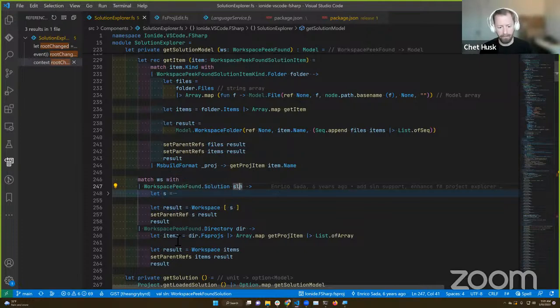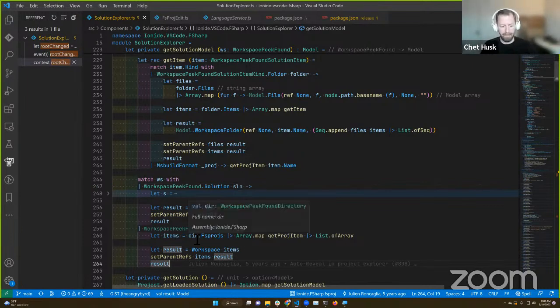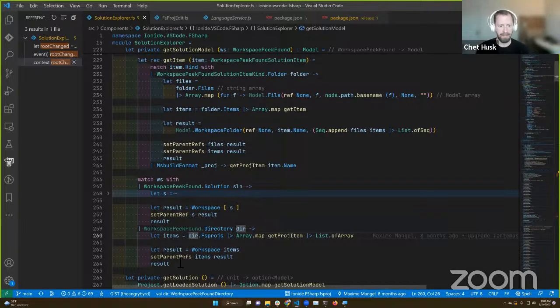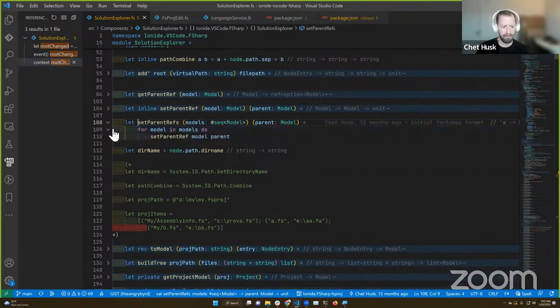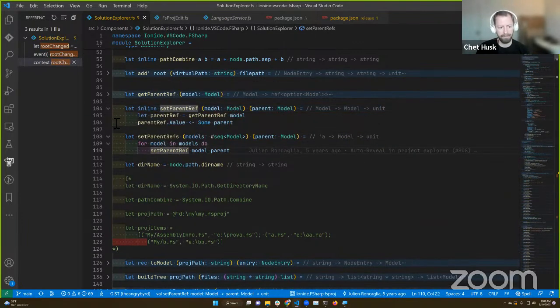When we build our model of the workspace, we have this thing, set parent ref, that goes and sets a mutable value in here, tracking this thing over time.